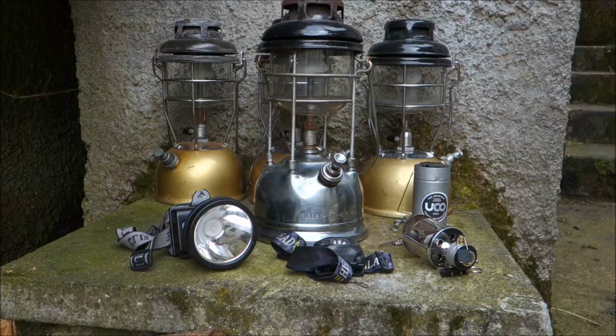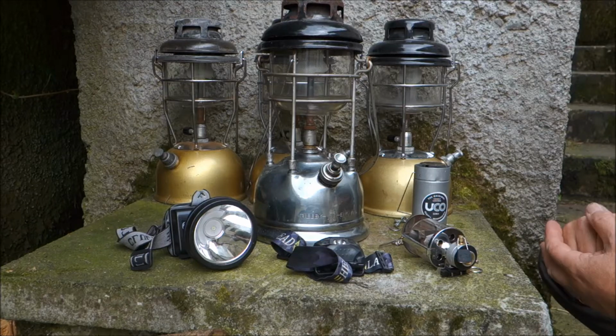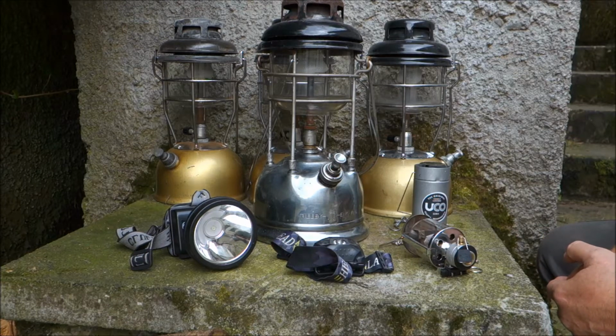As I'm sure most of you have noticed, when you're doing an overnight camp, it gets dark at night. If you haven't noticed that, then you're either drinking too much or something else. These are a few options that I bring, and obviously I don't bring all of them at once. If I'm camping up in the mountains somewhere,